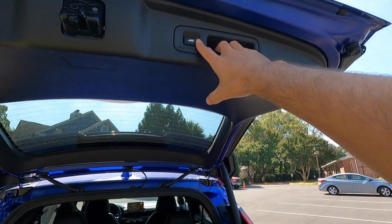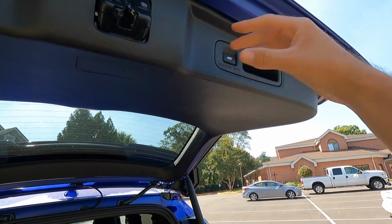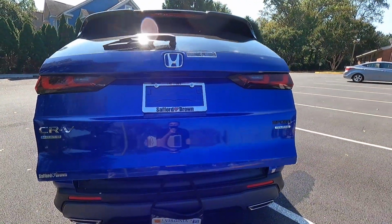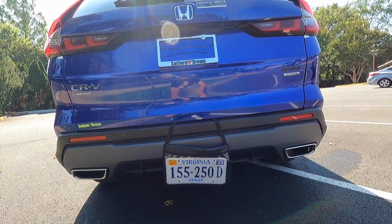So if it's just a little bit too tall at factory height, you can lower this down, press and hold on that, and then that's going to remember the height, and it'll open up to that every single time you open up your liftgate. But anyways, coming down just a little bit, you get a satin black rear bumper with